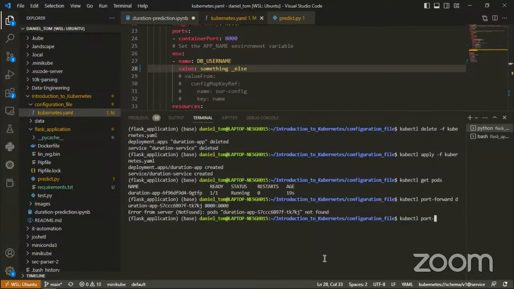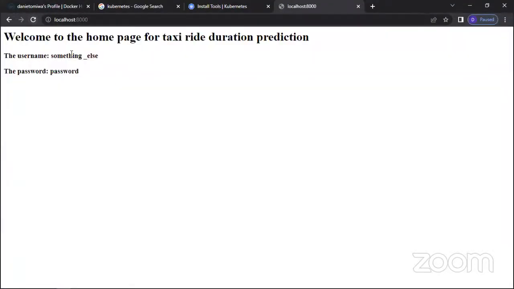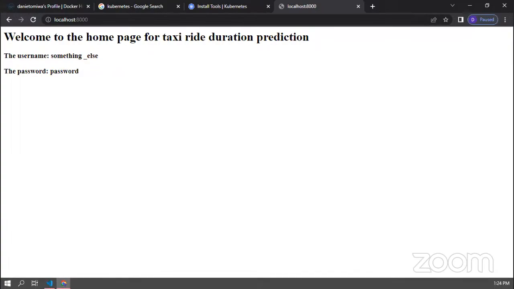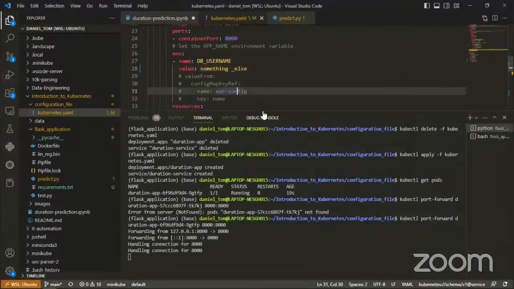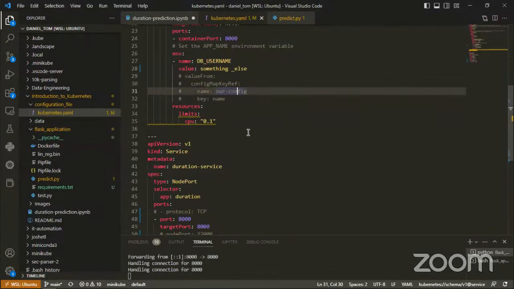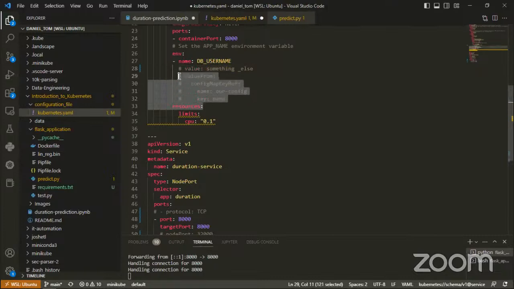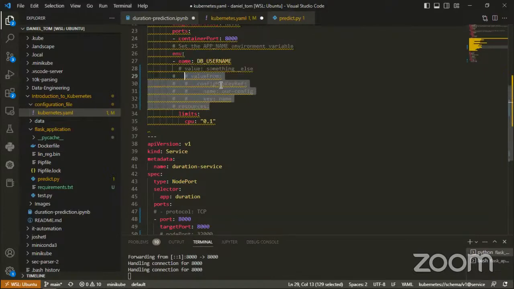Kubectl port forward that port, then 8000, 8000. Yeah, right. So as you can see, it has changed again based on what I'm specifying in my YAML file. So what a config map will do is that instead of specifying this value directly, I can say I want that value from,